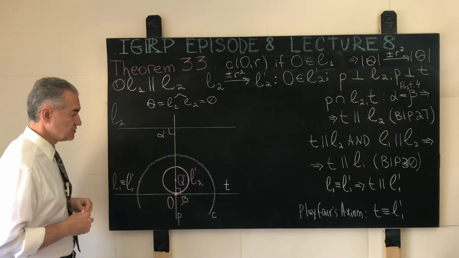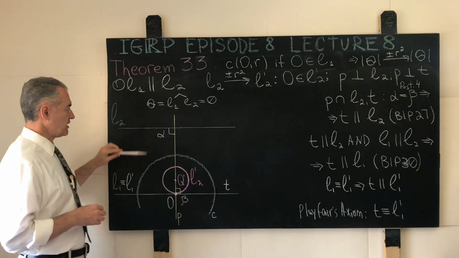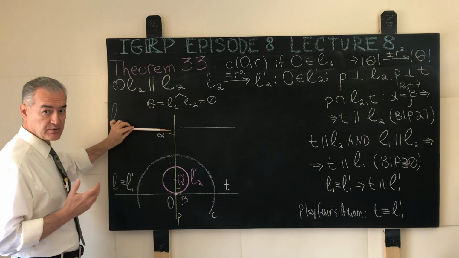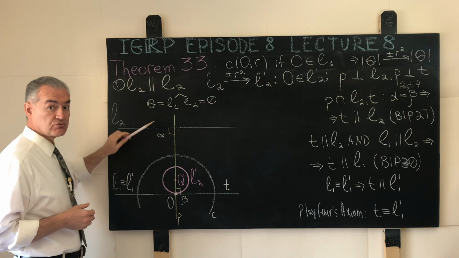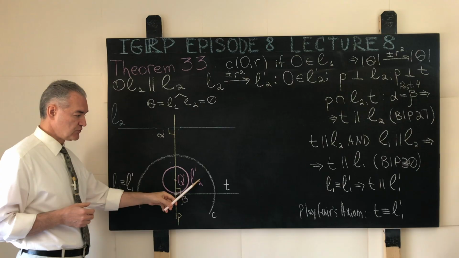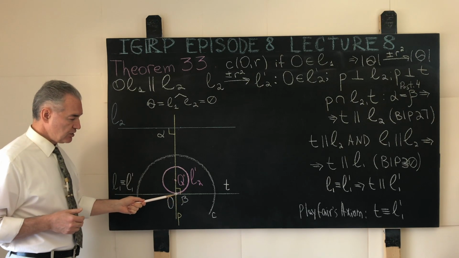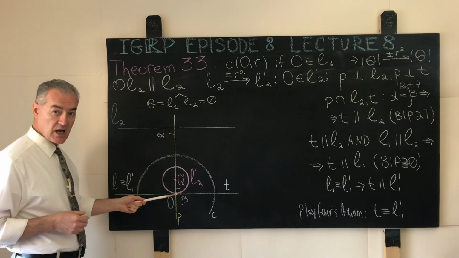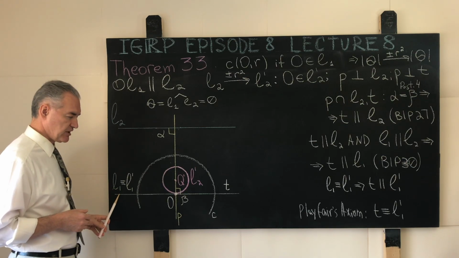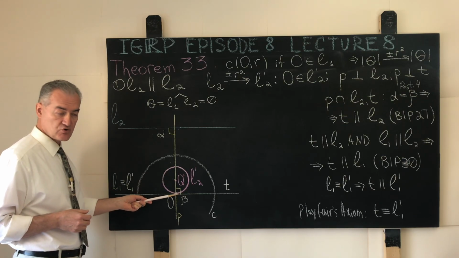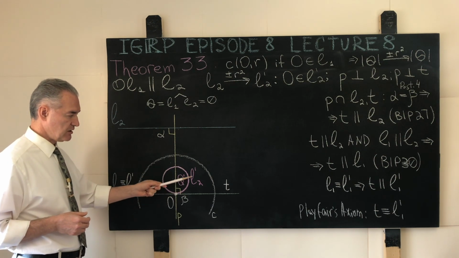Why do we use this straight line? Well, in this case, our straight line L2, the blue simple straight line that doesn't pass through the center of inversion, is taken into a red circle L prime 2 that does pass through the center of inversion. Here, the only point in common between the image of the given straight line L1, the green straight line that does pass through the center of inversion, and the red circle L prime 2